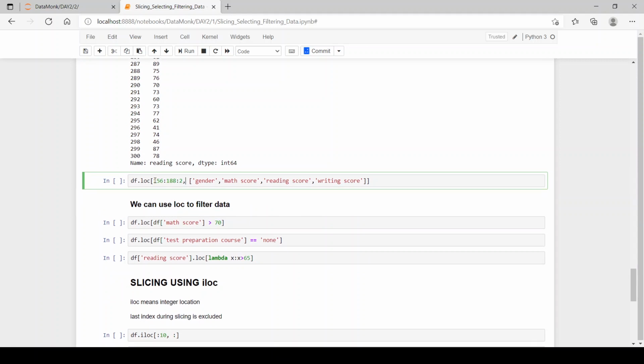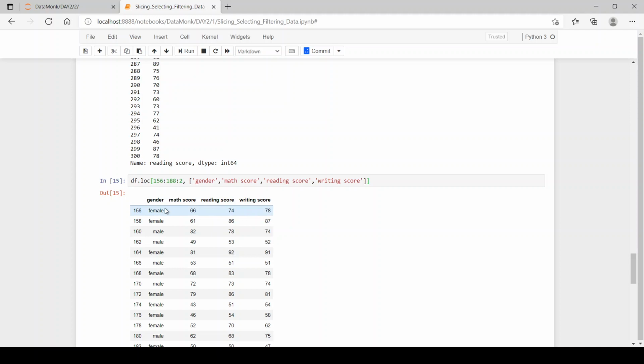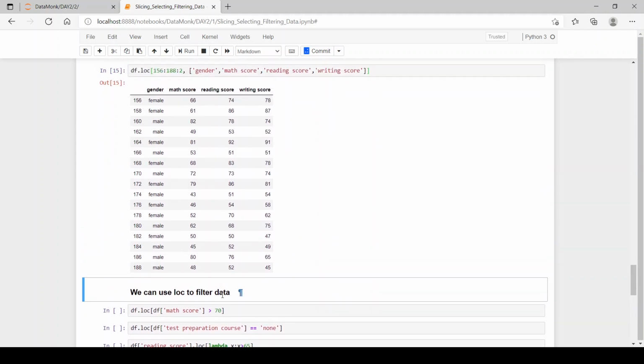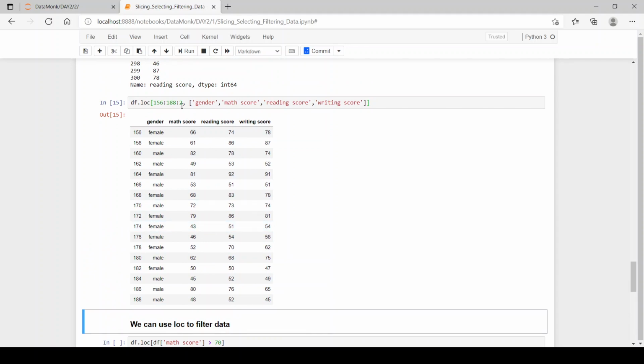And if we want a specific number of rows with an increment of 2 and one or many columns, then you can pass the list of columns as shown and you can have those many columns and those many rows with an increment of 2.